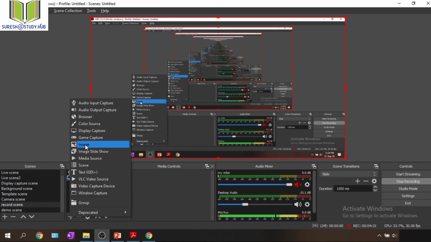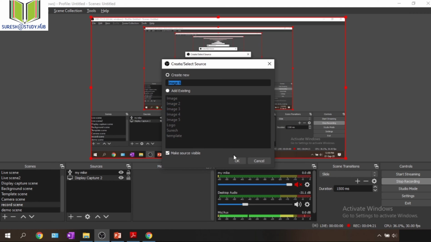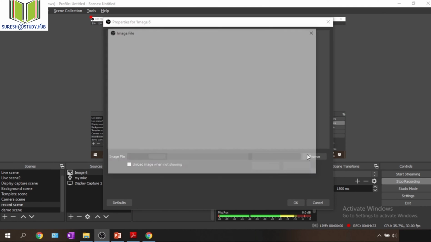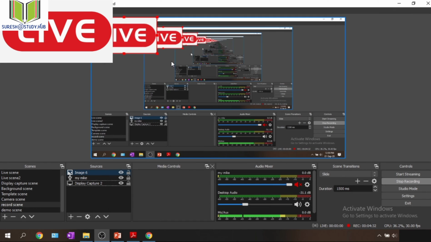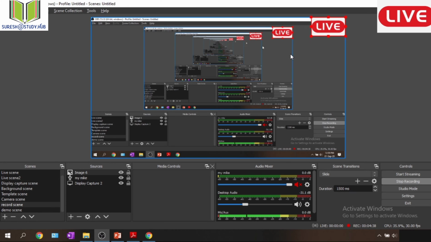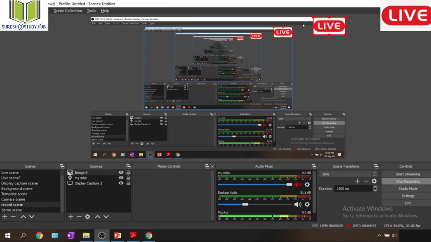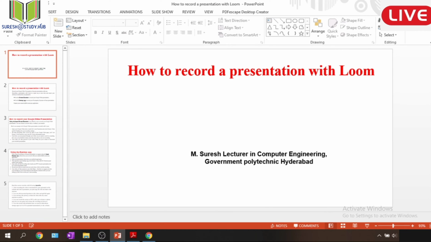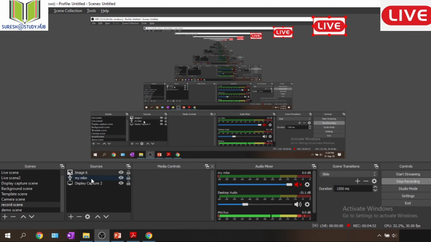And if I want to place some images, like a logo, I will use this image. Just click on this image, and whichever image I want to show will be selected. I will select some logo, or if I want to have a live session, I will select this live and click on OK. You can minimize this one and keep it anywhere, so that while recording, this image will also be shown along with whatever you are showing. If I minimize this one, it will be shown. If I open this PPT, you will also get this live over here. And if I want to place any number of images, I will use this image.